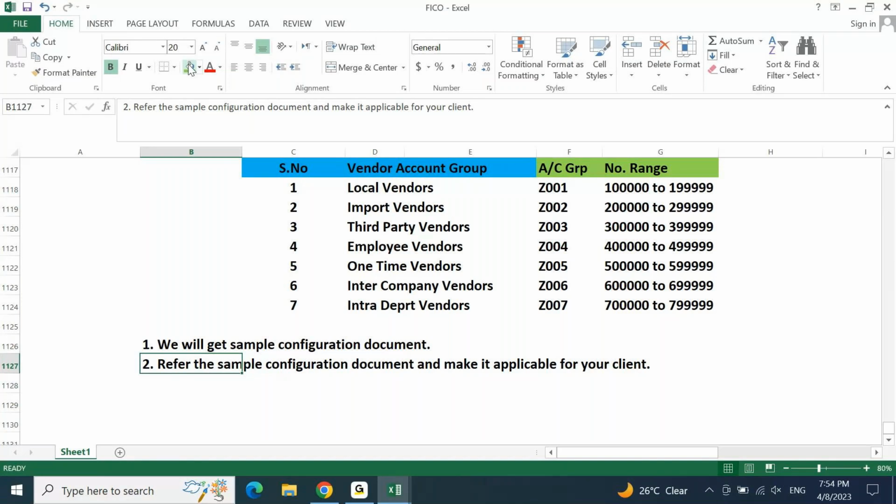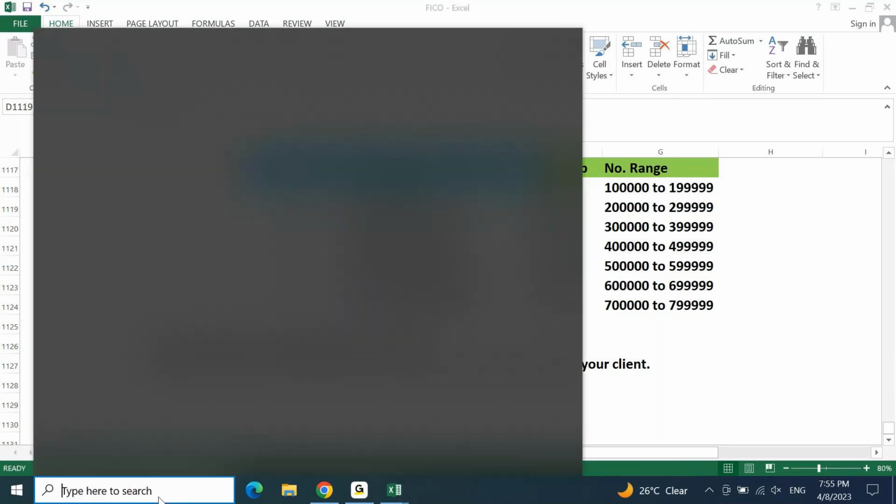Okay, you have also got the configuration document. You will refer the existing configuration document, ensure that you copy that document, remove all the other content. When I say remove all the other content, you are supposed to remove all the screenshots alone. Configuration document is going to have step number 1 as create vendor account groups. You are going to maintain IMG path, SPRO, financial accounting, accounts payable, receivable, vendor account group creation. And then transaction code, you will put the vendor account group T code, OBD2 or OBD3, whatever it is. Below that, you are going to maintain this on SAP. When you do this on SAP,